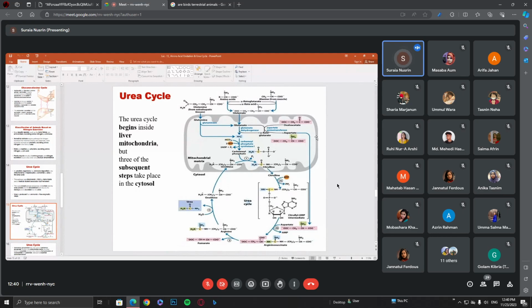And from where do we get the aspartate? So we have to go back to the mitochondrial matrix again. Here you can see the pink colored structure, oxaloacetate, and we already know oxaloacetate is the intermediate of the TCA cycle. Oxaloacetate undergoes a transamination reaction by the enzyme aspartate aminotransferase. If you look at the structure of oxaloacetate, there is this keto group which accepts the amino group and becomes the amino acid aspartate.